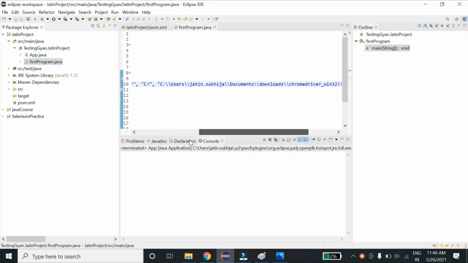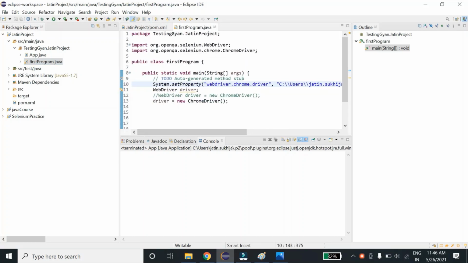And now we have defined in our script where our Chrome driver is. So I can now type driver.get and https://www.google.com.